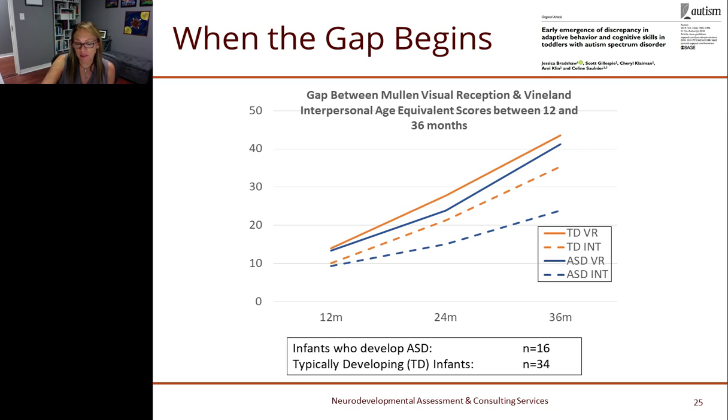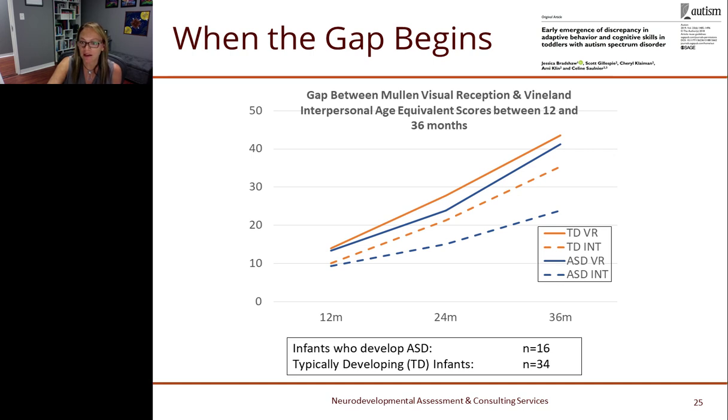And then we looked at infants who were at high risk for autism by nature of being a biological sibling. Remember how I told you that siblings are much more likely to develop autism. This was led by Jesse Bradshaw, who is now a professor at University of South Carolina. We had the high-risk infants, but we had low-risk controls.